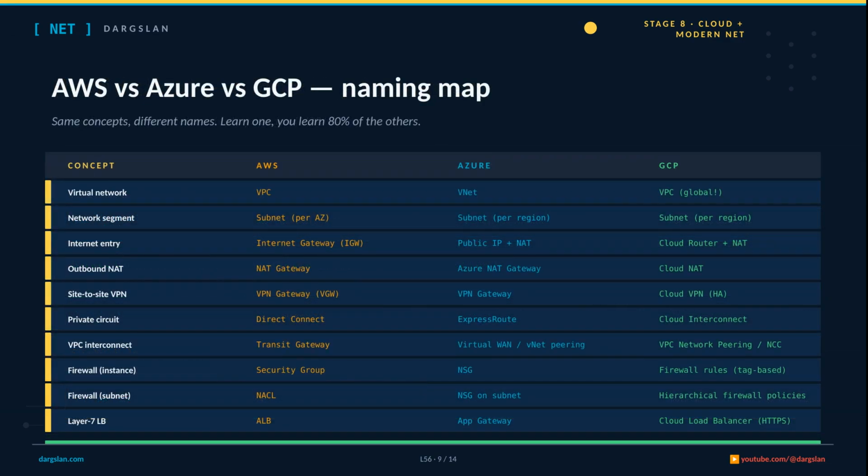Now, here's the slide I wish I'd had when I started jumping between clouds. The concepts are identical across AWS, Azure, and GCP. Only the marketing names change. A virtual network is a VPC in AWS and GCP, a VNet in Azure. Subnet-level firewalling is a NACL in AWS, an NSG applied to a subnet in Azure, and a hierarchical firewall policy